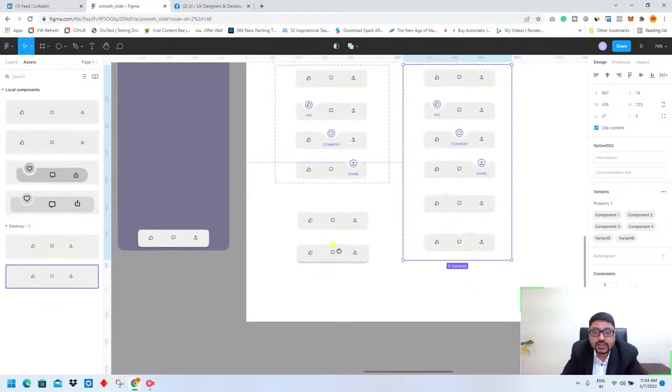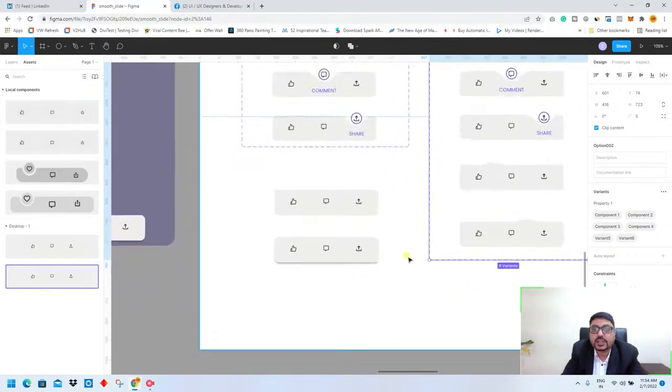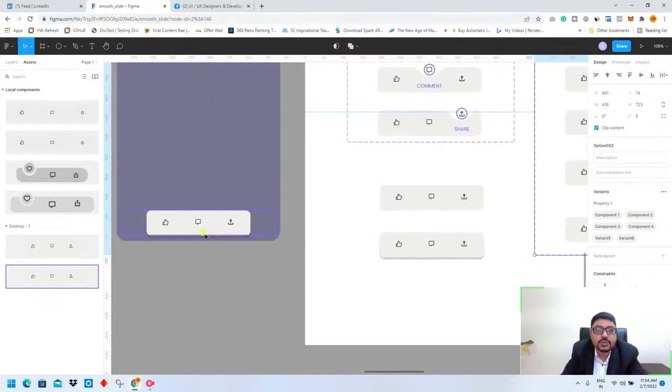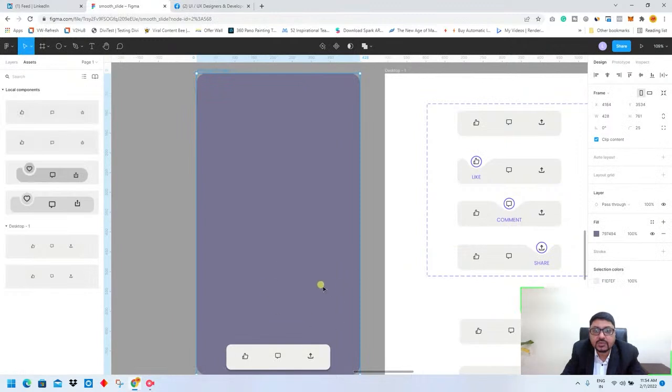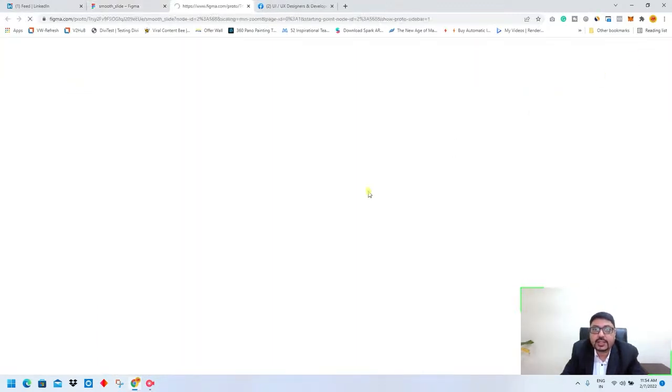Okay, so let's see how this animation works. This is that particular component, and what I have done over here is add some subtle shadow so that it just protrudes a little up. Now let's see what type of animation happens when I do these things. I go to prototype, play,